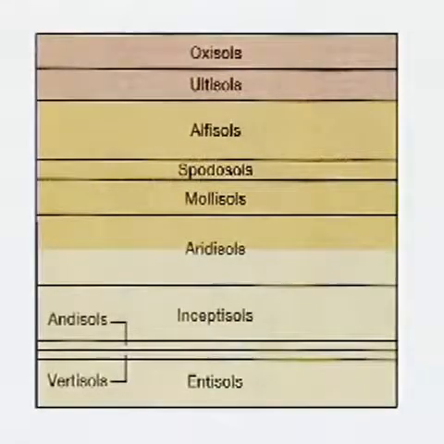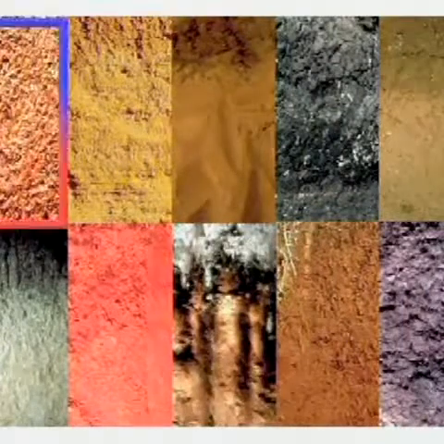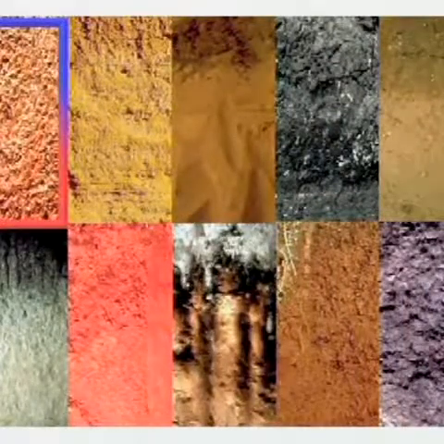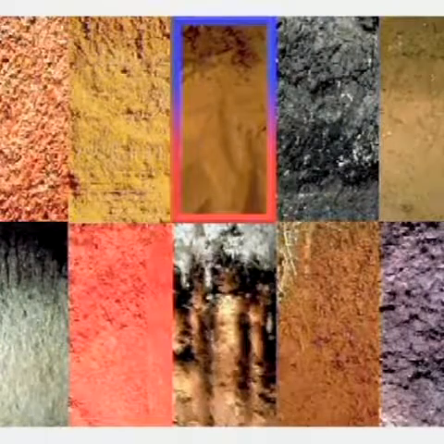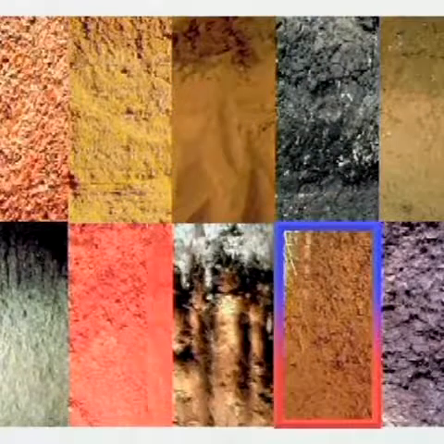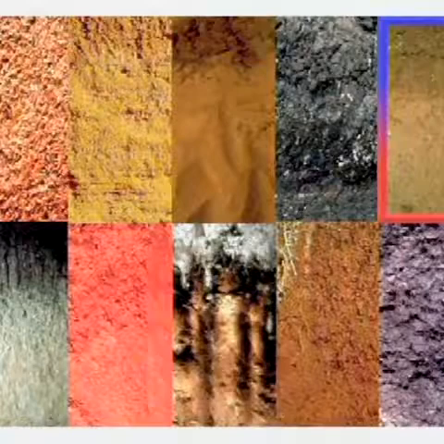Pedologists, or soil scientists, have classified soils into 10 major categories. Each type of soil can be found in various places around the world. Each, with its often distinct characteristics, has different combinations of the elements found in all soils. Some are rich in nutrients, some are not. Some are found in moist climates, while others are located in drier regions.